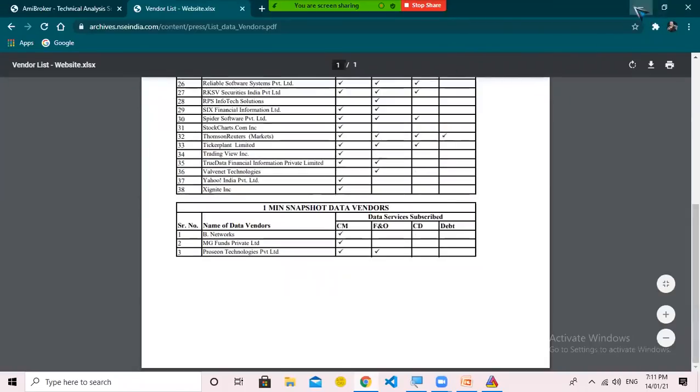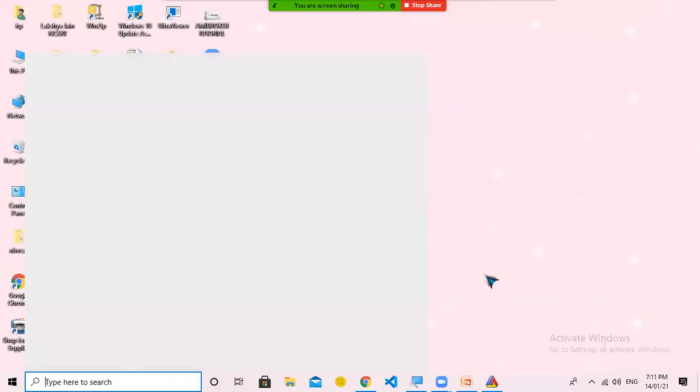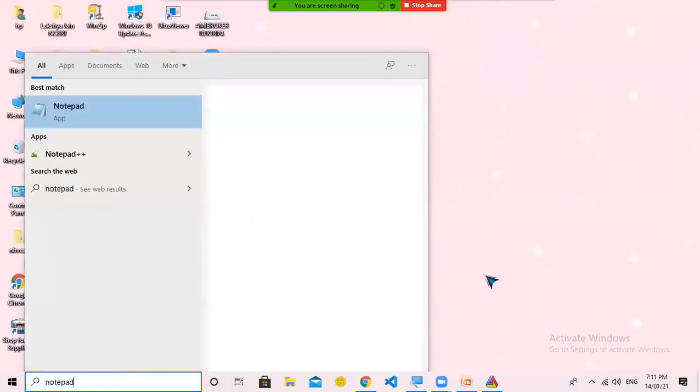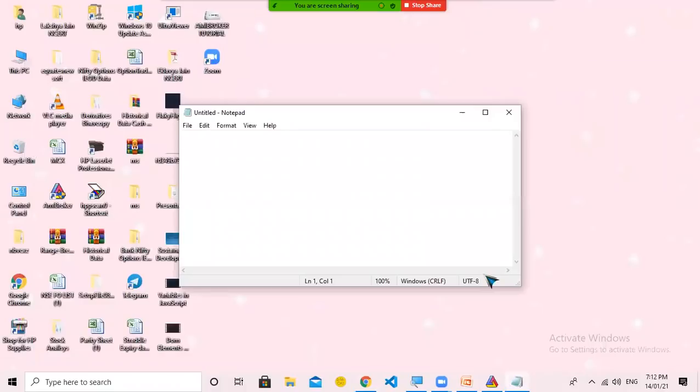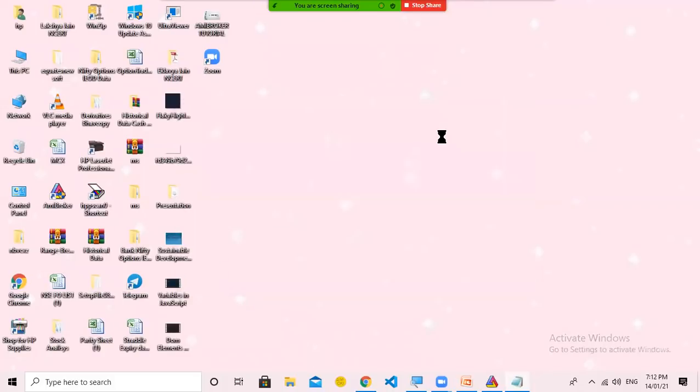For me, like GDFL, which is Global Data Feeds Limited, True Data, and you can go with any of the data providers. I use True Data only, right? But I advise everybody to use only authorized data, not any unauthorized data, right?